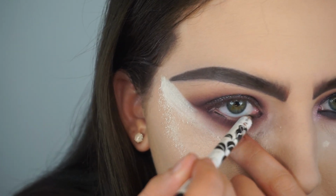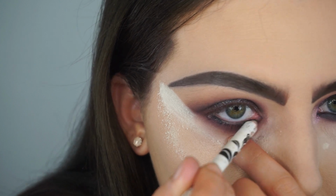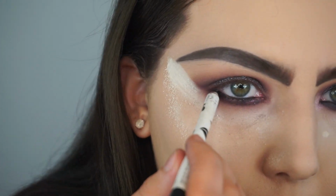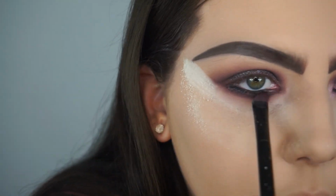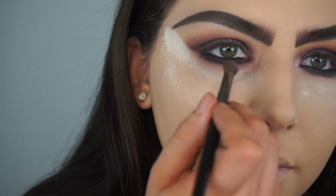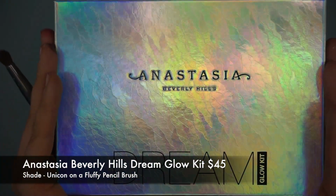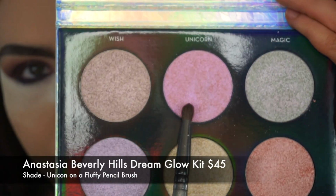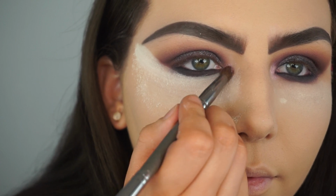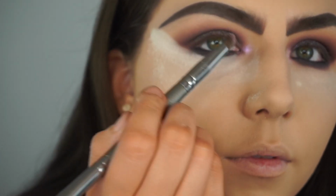And I applied eyeliner to the waterline, and then I buffed it out using that Urban Decay shader brush. But this eyeliner is canceled. I've thrown it away. Apparently I'm allergic to it, and it makes my eyes swell up and turn red. And last time I used it, I thought it was because I poked my eye, but nope, I'm allergic to it. It's wonderful. Anyways, I'm taking the Anastasia Dream Glow Kit, and I'm taking the shade Unicorn on this little